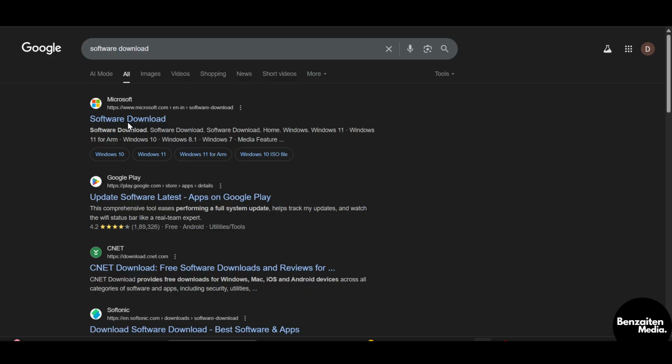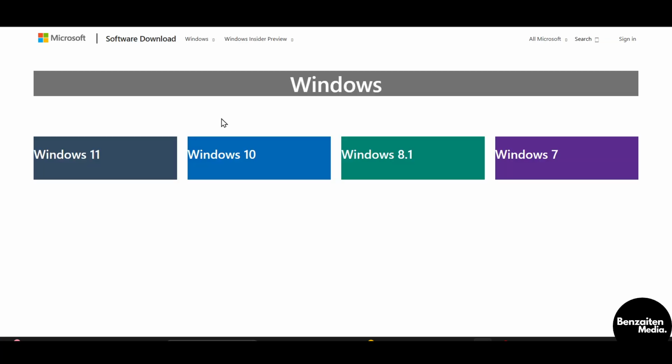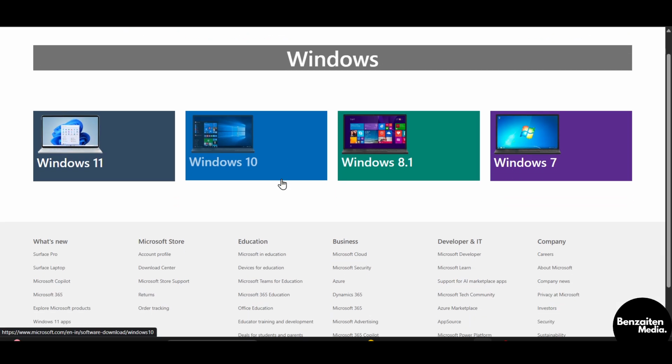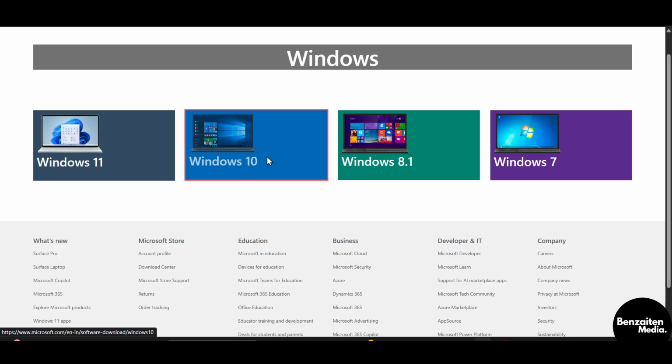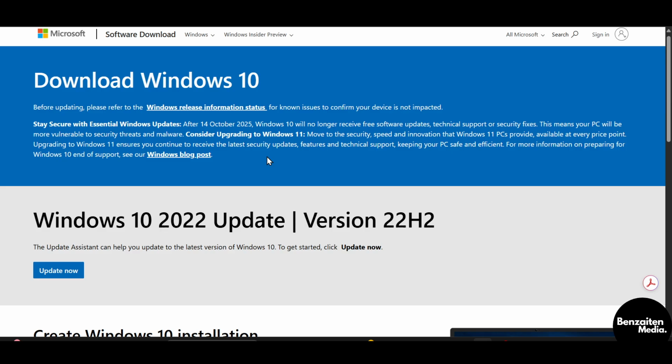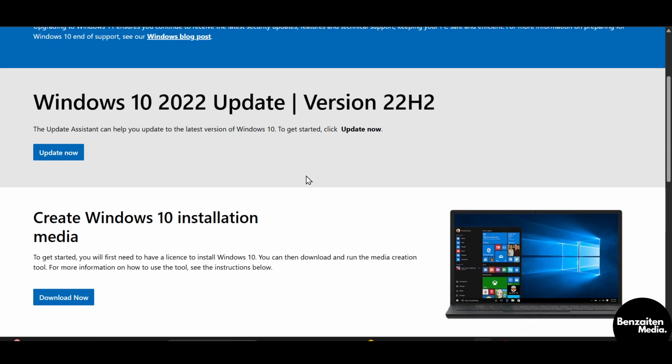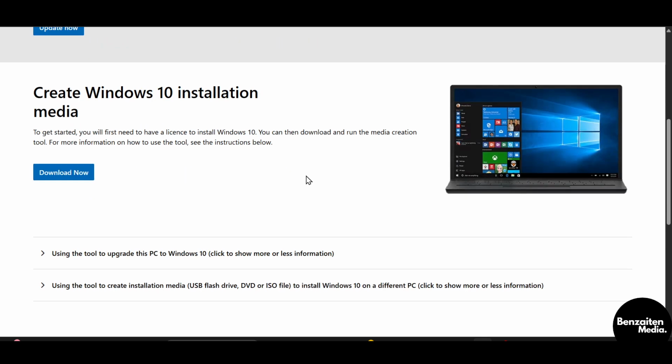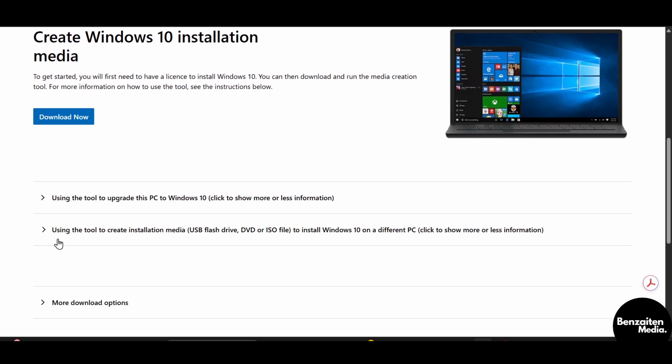Click on the software download website of Microsoft, and from here you will see Windows 10, Windows 11, Windows 8.1 and Windows 7. And after that just simply click on Windows 10, and after clicking on Windows 10, as you can see the Windows 10 window. From here you just simply need to click on download now,